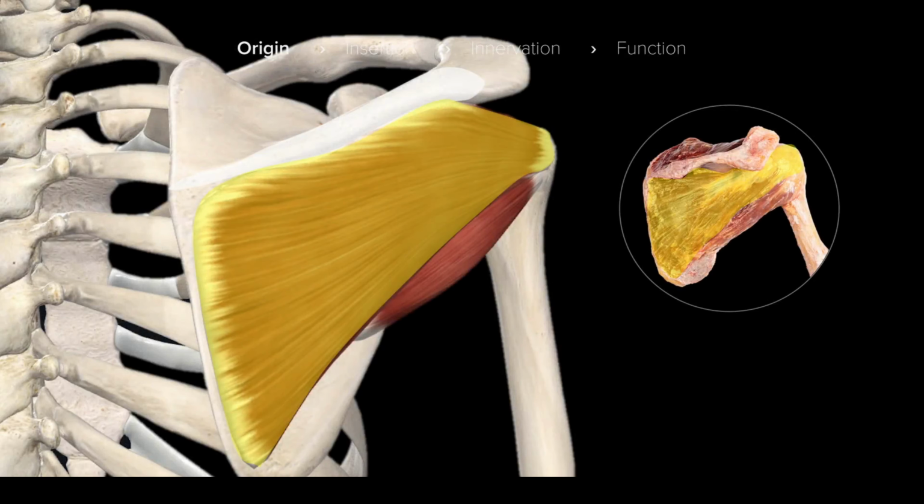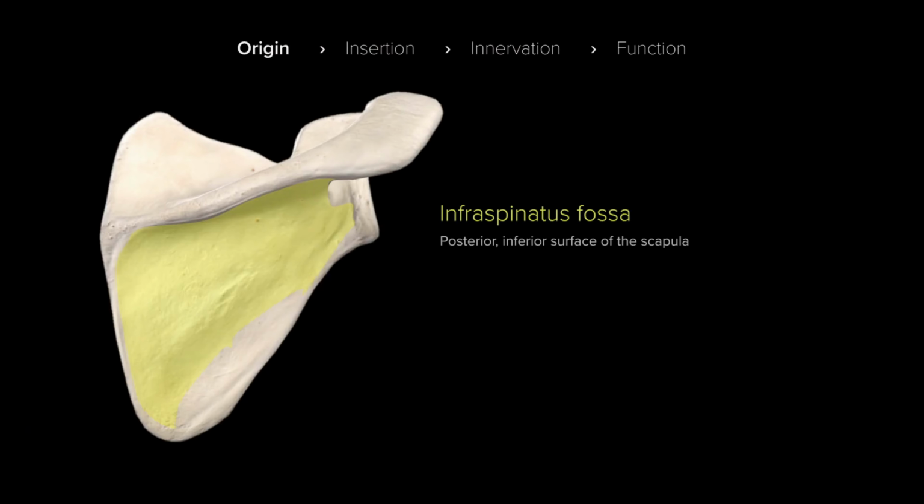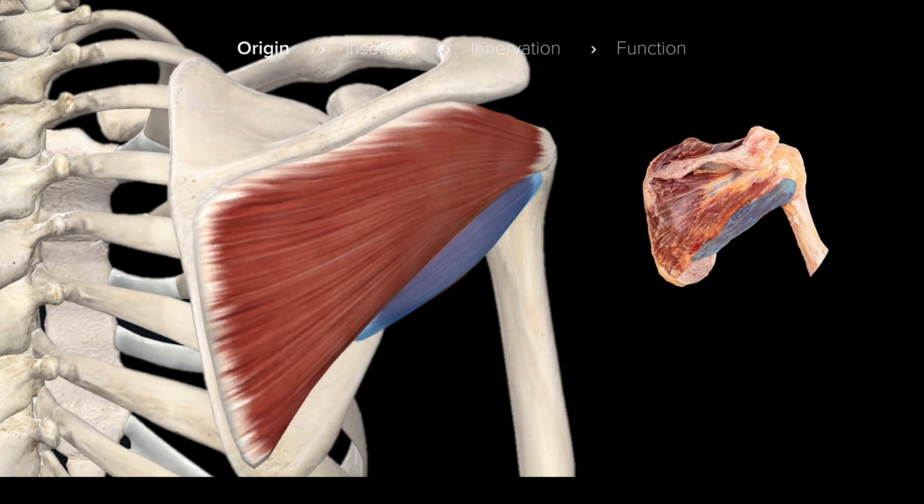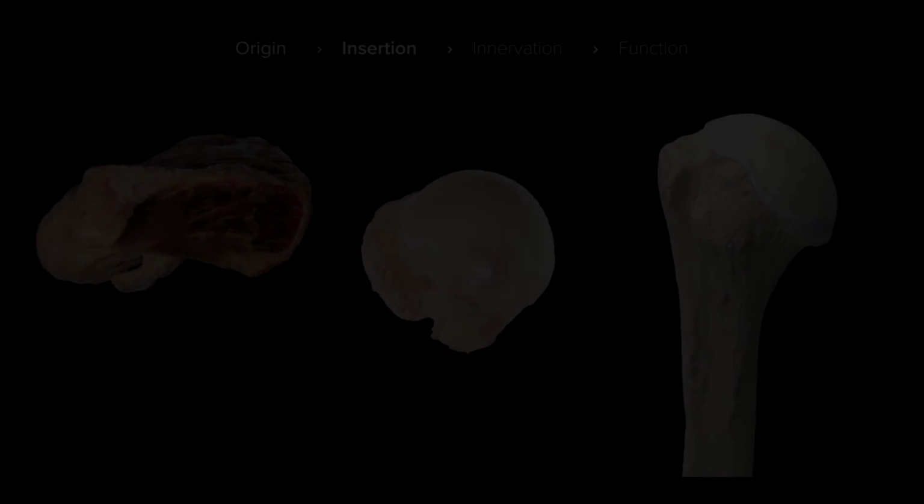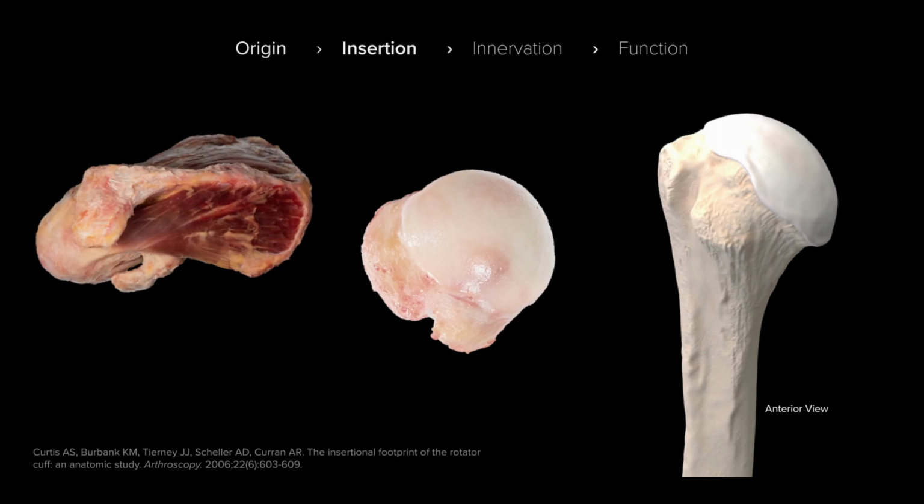The infraspinatus is a thick, triangular-shaped muscle that originates on the infraspinatus fossa of the scapula. The teres minor is a narrow, elongated muscle that originates on the lateral border and the adjacent posterior surface of the scapula. The supraspinatus fibers arise from the supraspinous fossa, pass under the arch of the acromion, and insert on